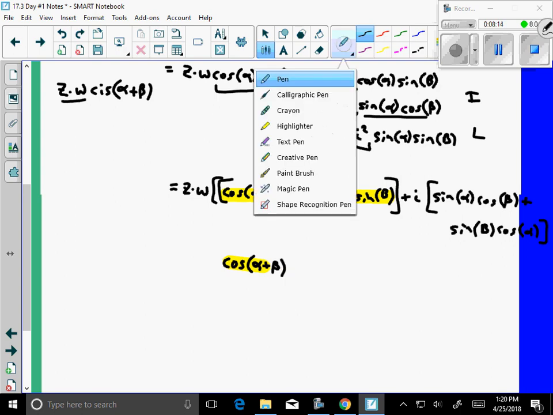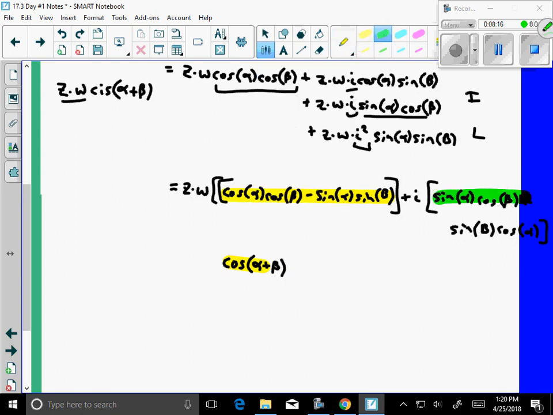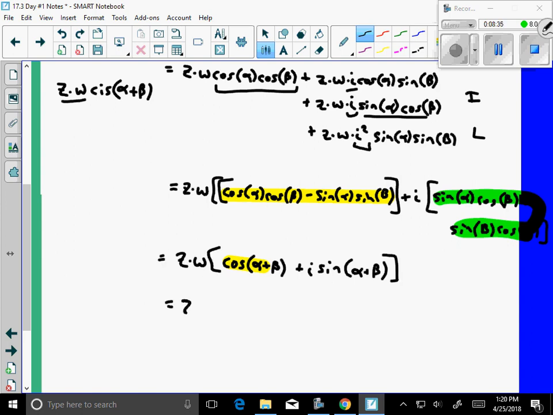And how could I write this? Plus I sine of alpha plus beta. So if I have z times w times that, by definition of cis,